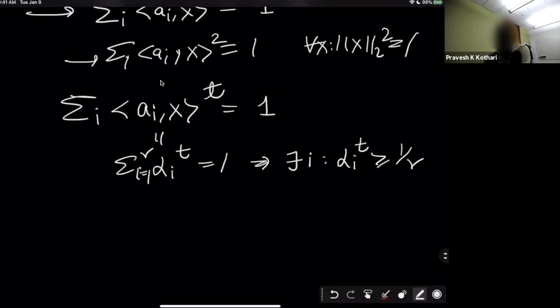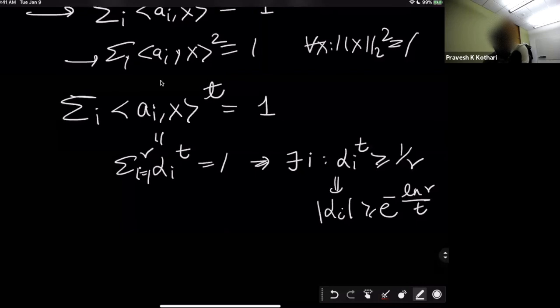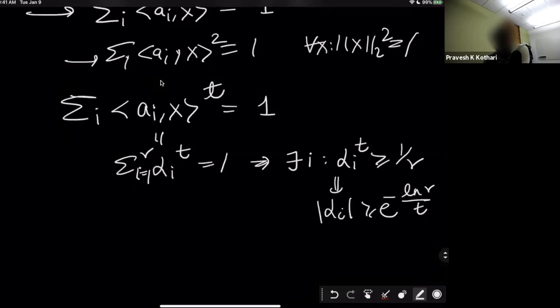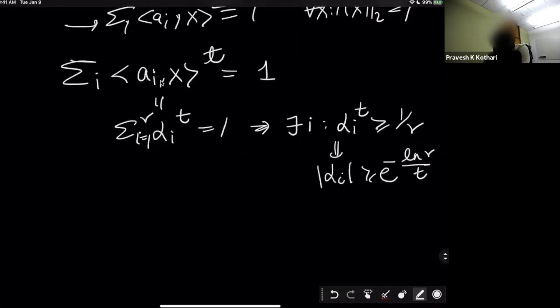Yeah? What does that mean? It means, in particular, that alpha I, the magnitude, should be at least 2 to the, e to the minus ln r, divided by t. And now, if t is bigger than or equal to ln r over, let's say, delta,